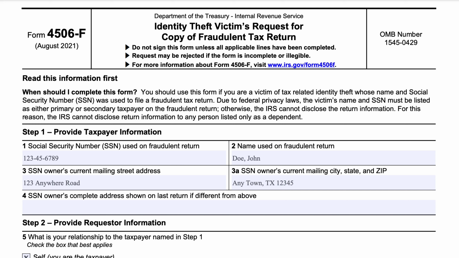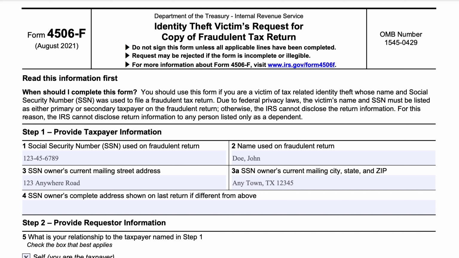So you can request certain information about this. You may be able to turn this over to police or law enforcement as part of an investigation to help track down this person or persons that are committing identity theft. But so we'll go over this tax form. We'll also go over some of the other things that the IRS advises taxpayers to do. So we'll do that first, actually.